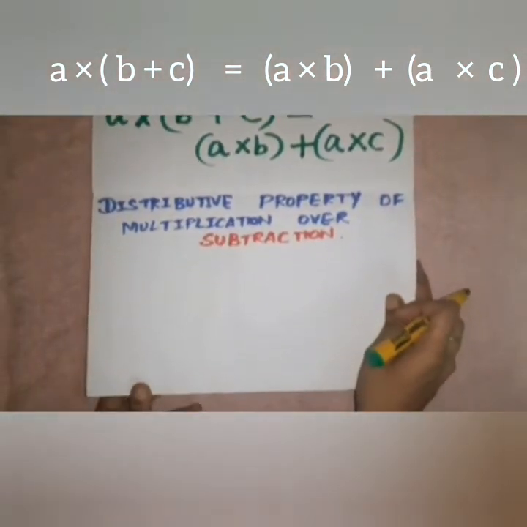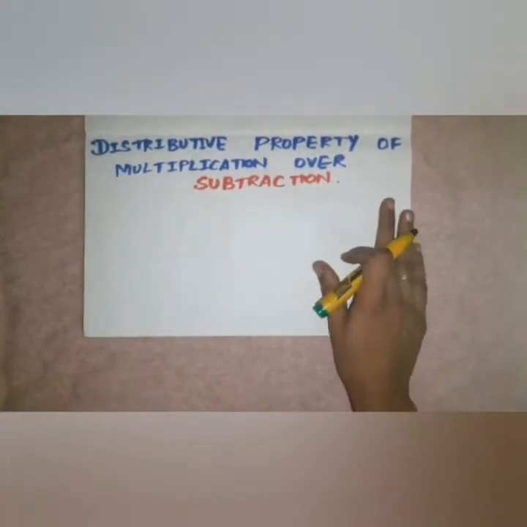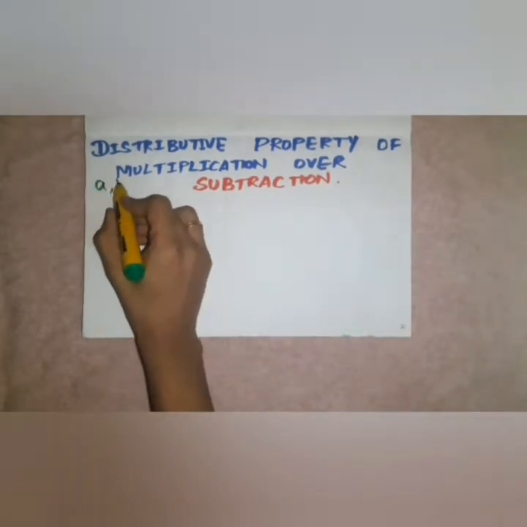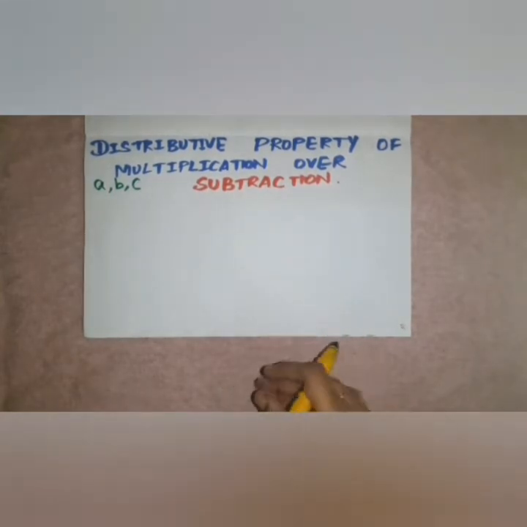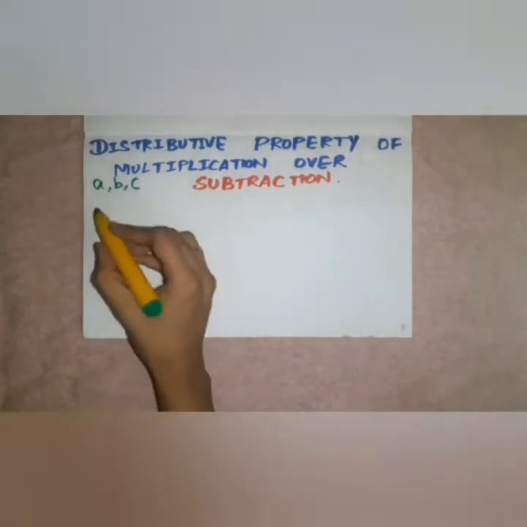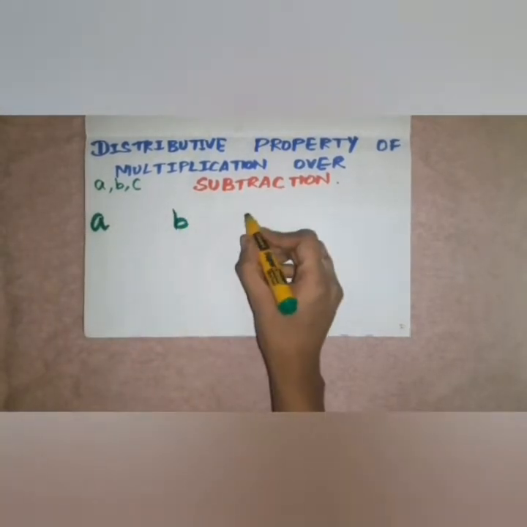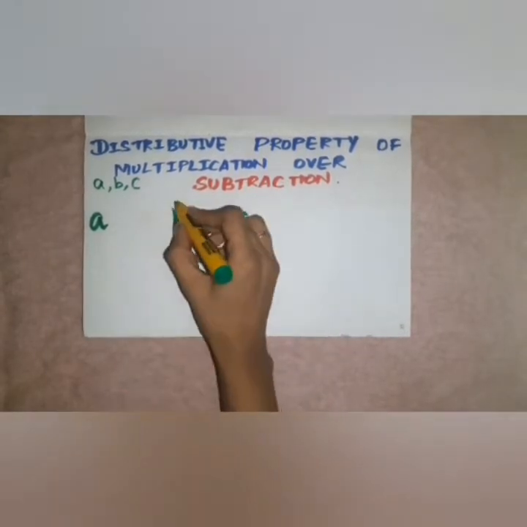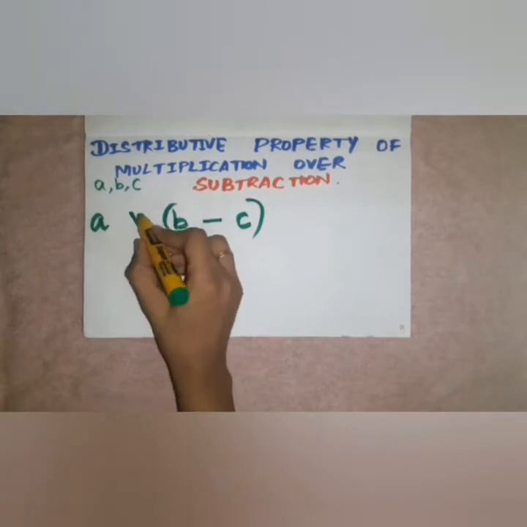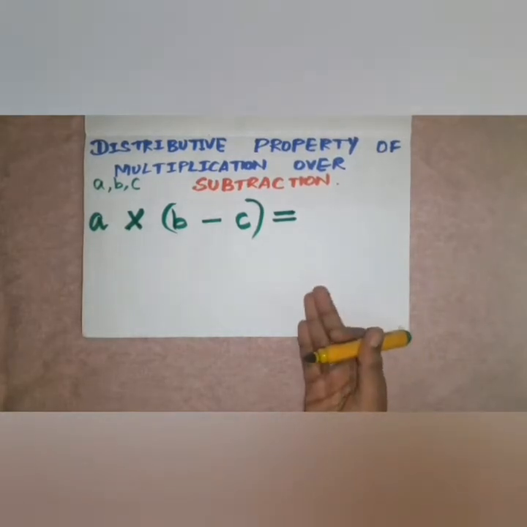In the same way, the distributive property of multiplication over subtraction, or we also say under subtraction. The same way I take A, B, C, which can belong to W or real numbers; we just say they belong to real numbers. A, B, C are good friends. B and C reside nearby where there is a signal in between their homes, and A can travel by bicycle, or any mode of transport.